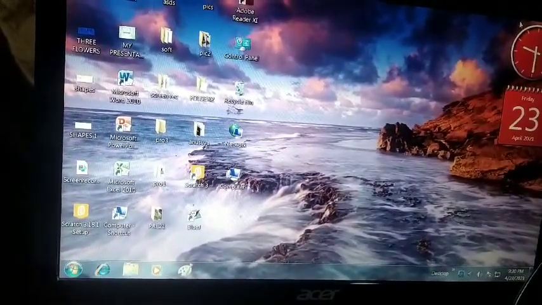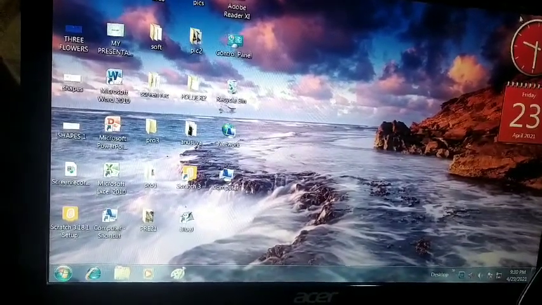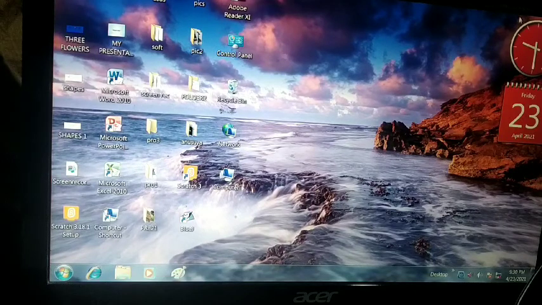Now you have to wait for the bubbles. You will not touch any computer part, keyboard and mouse, and you will see after 1 minute automatically these bubbles will appear on the screen. Okay, these bubbles start coming on the screen. This animation, this moving pattern, is called screensaver. So it is very easy.